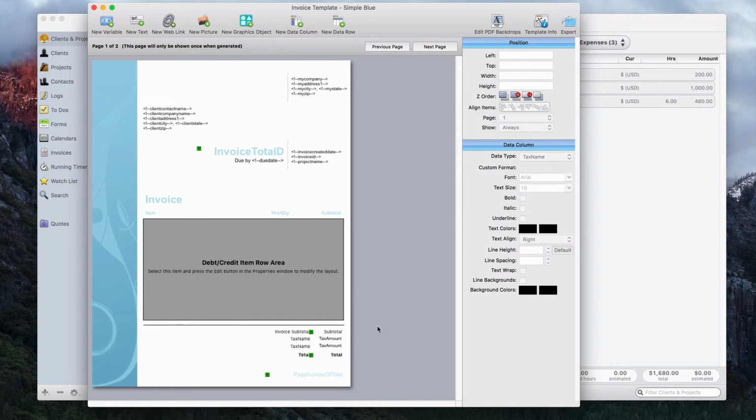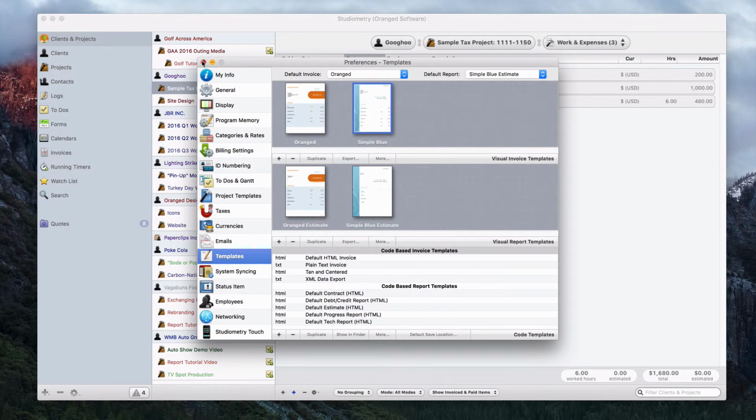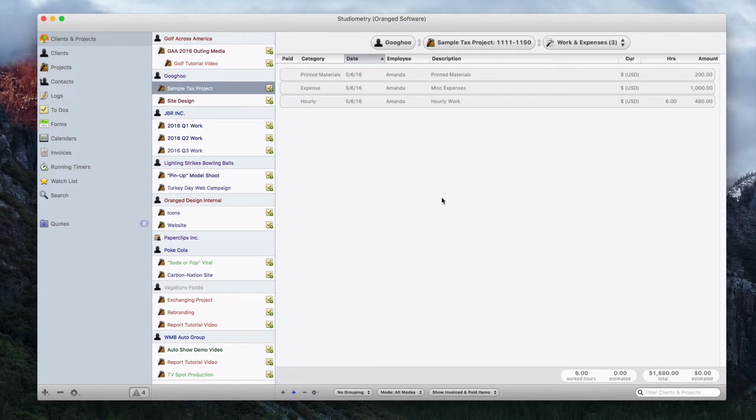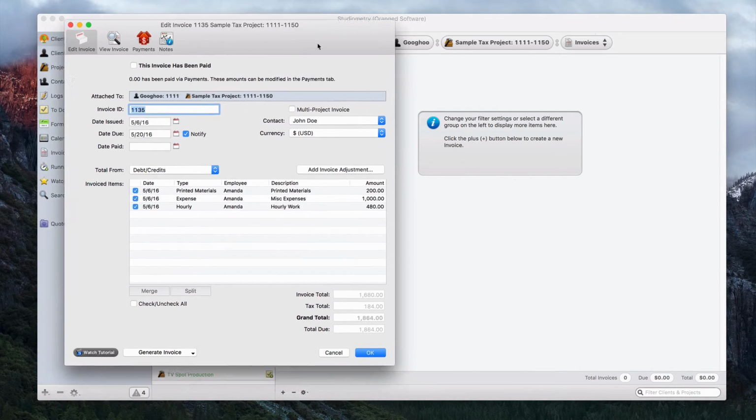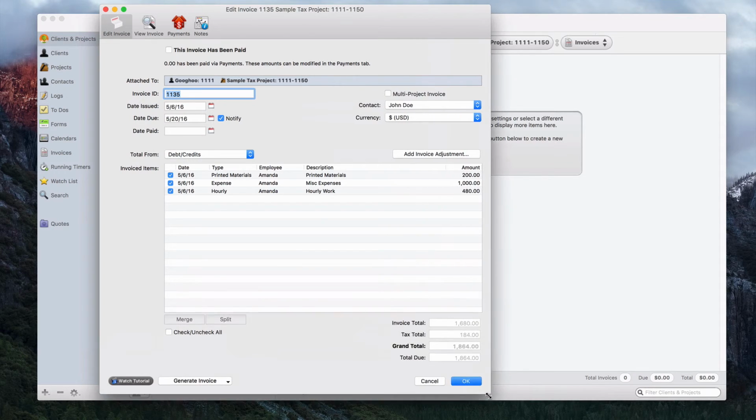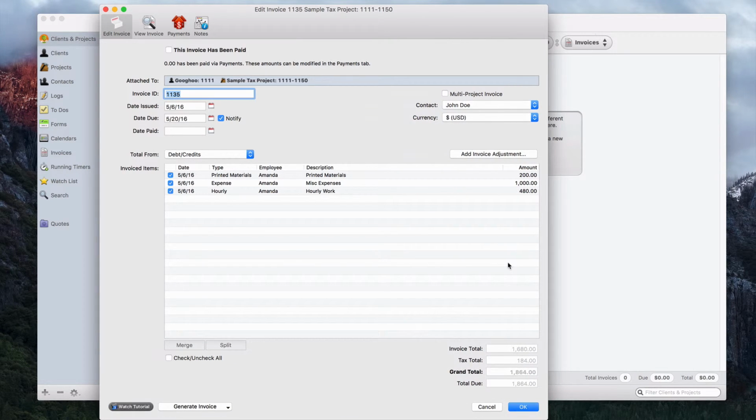So now I'll save this template by closing it. And I'll also close the preferences window, and now we're back in the work and expenses section of a project. So to see how that template will produce output and show the taxes, we're going to go from the work and expenses section over to the invoices section of a project, and I'm going to click the plus button to create a new invoice. Now we can see here I've got my 3 work items that I created, and at the bottom we can